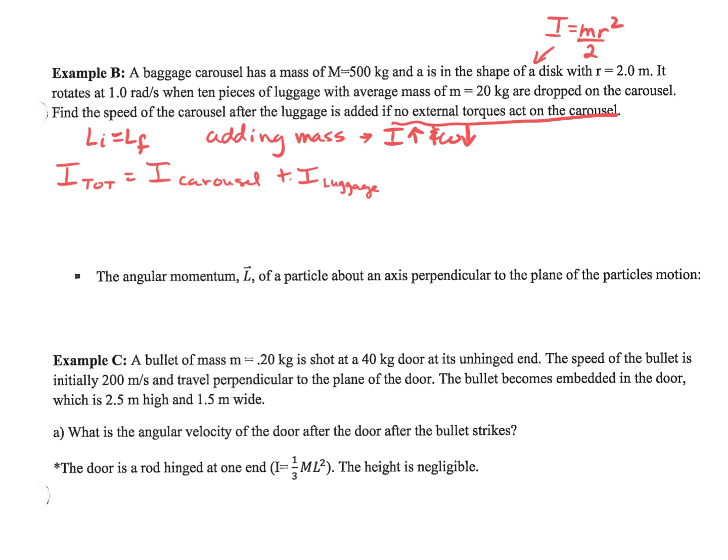Luggage is a point mass. So the inertia of the luggage, inertia for a point mass is just mr squared. So there are 10 of those. So let's figure out. Inertia of the carousel is going to be the mass of the carousel, 500 times the radius of the carousel, 2 squared divided by 2, plus 10 pieces of luggage,